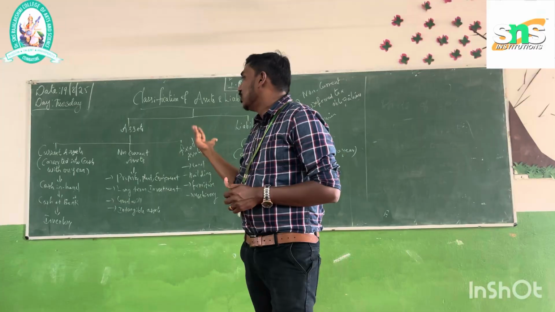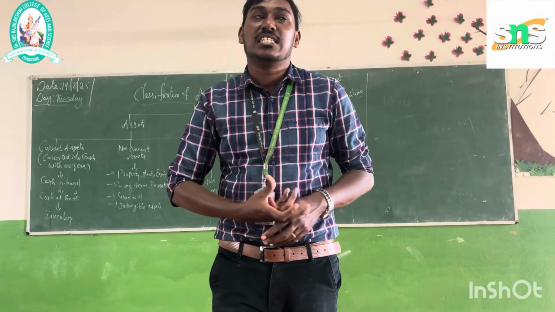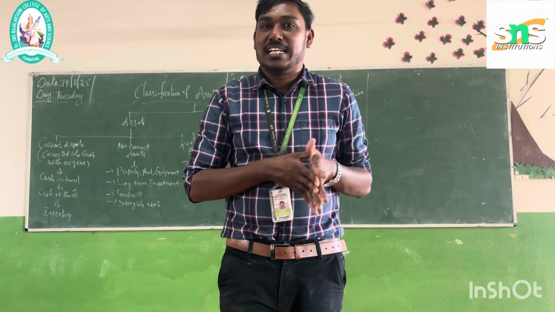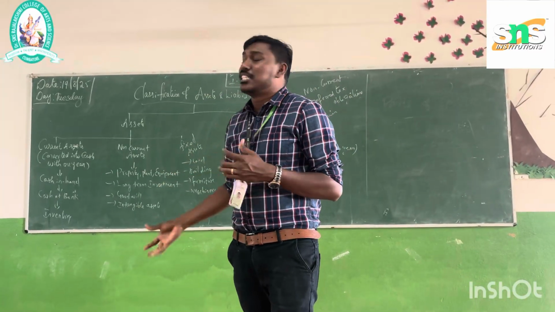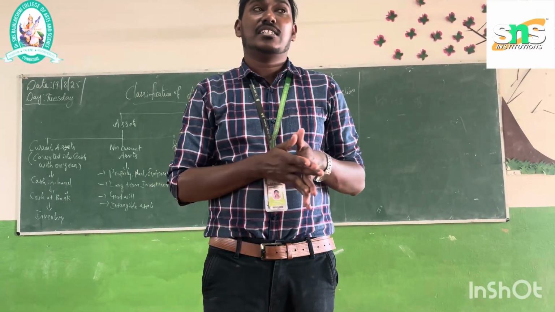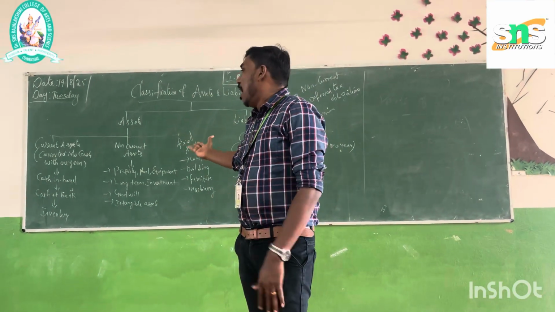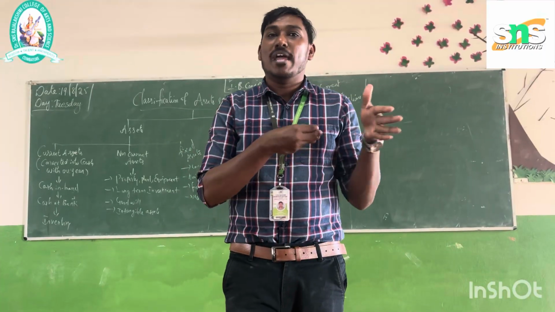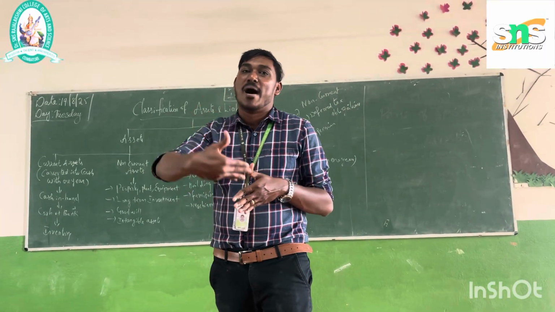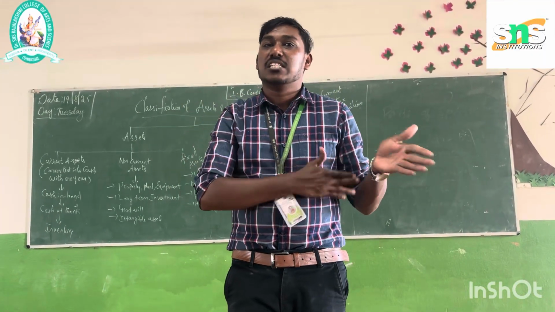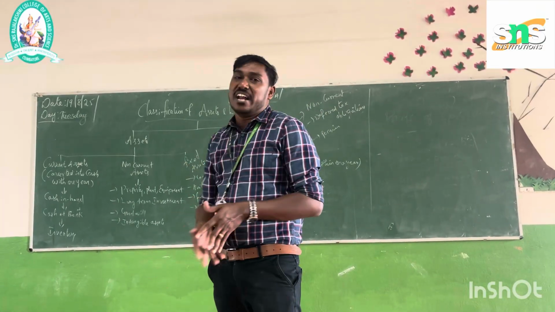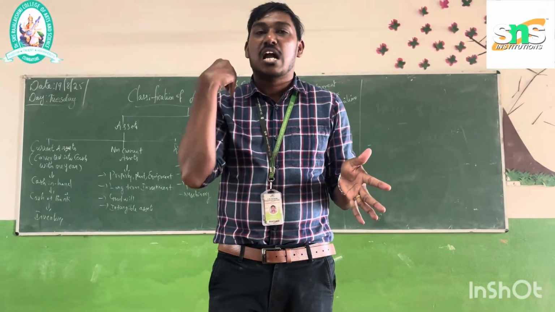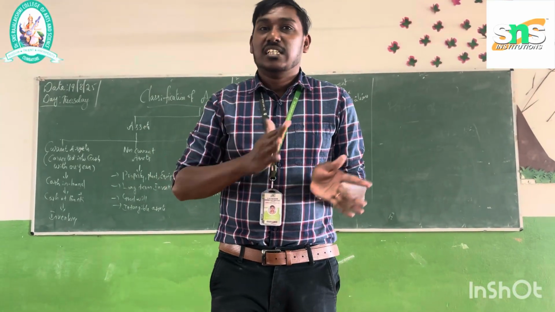Then let us switch to non-current assets. Non-current assets are those that do not come under current assets. For example, one is property, plant and equipment, and the second one is long-term investment. We are investing cash in the bank for more than 5 years or 10 years like that. And the third one is goodwill. Goodwill is considered an intangible asset. We cannot see it, feel it, or touch it.